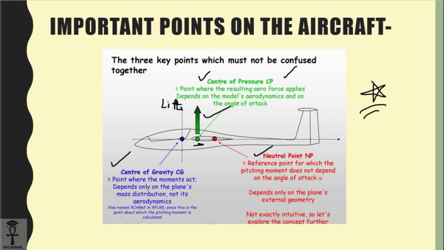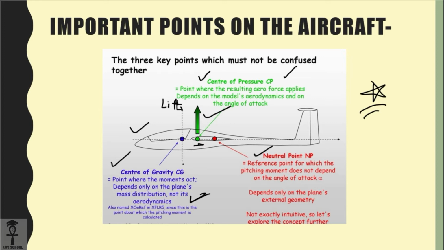So the center of pressure is the point where all the aerodynamic force, that is the lift force, is going to act on the aerofoil. Then the next part is the CG. Now CG is the center of gravity of the plane, where we can say all the weight of the plane acts from that single point. So that point represents the center of gravity. Now the location of CG is in our hands, so we have to decide the location of CG accordingly in order to get stability.